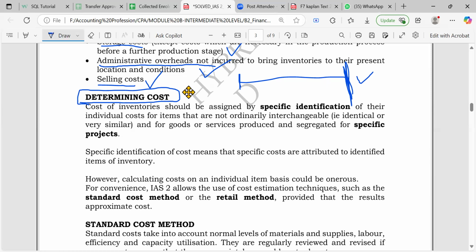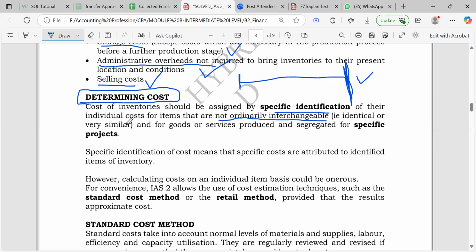So here we are. The cost of inventories should be assigned by specific identification of their individual costs for items that are not ordinarily interchangeable. There are those which are not interchangeable and those which are interchangeable, which we mean identical or very similar. Something which is very identical, even if you interchange it, you won't even notice. If you have flour, for example, and you interchange it,